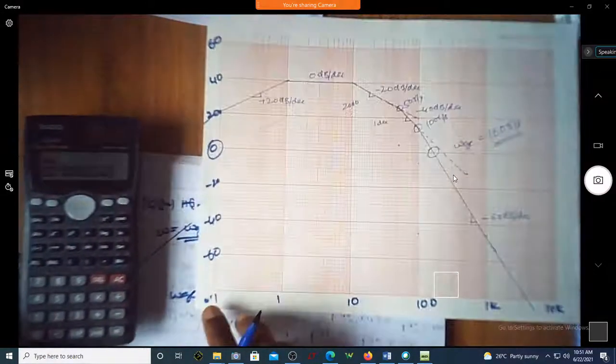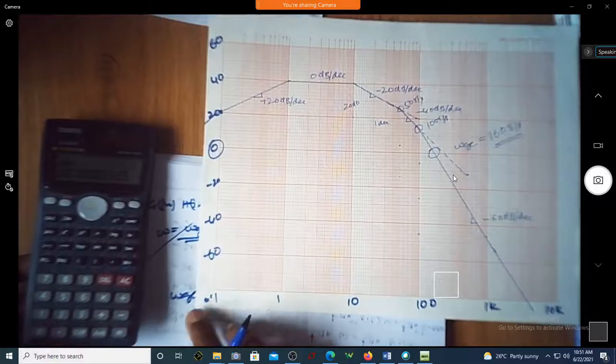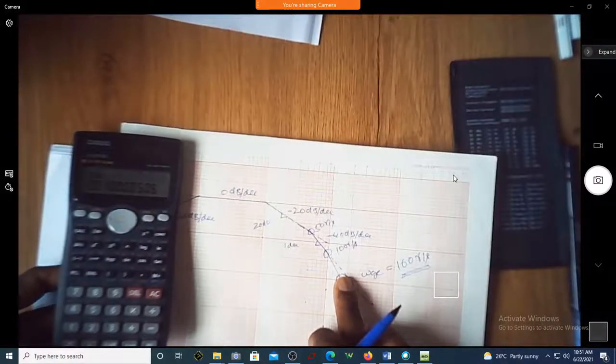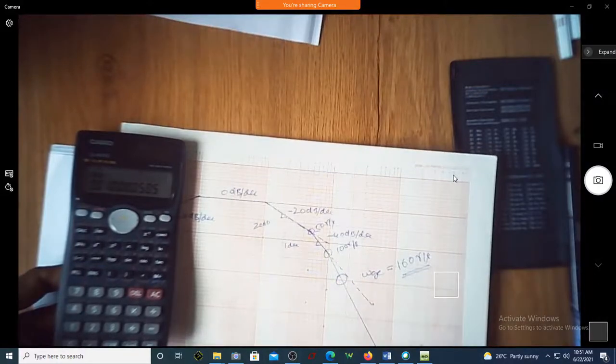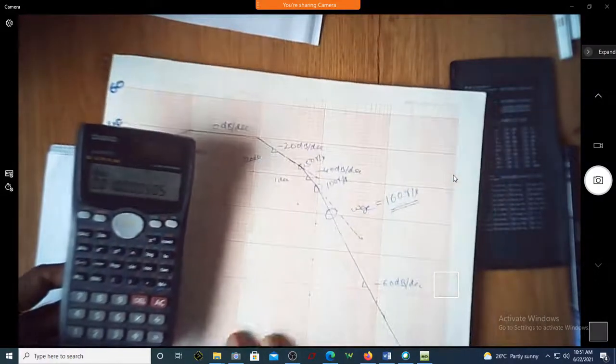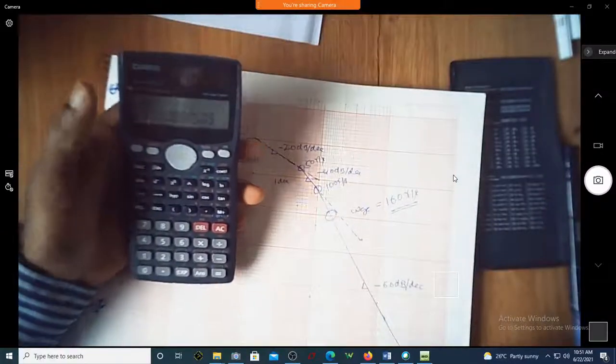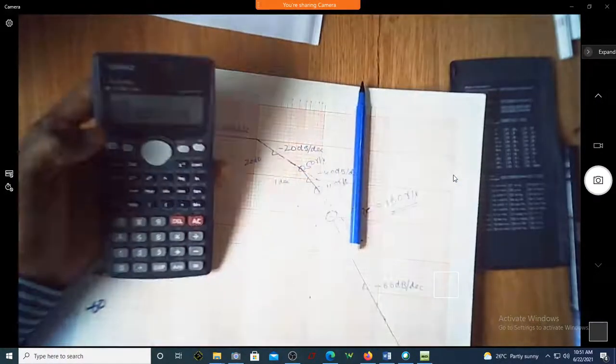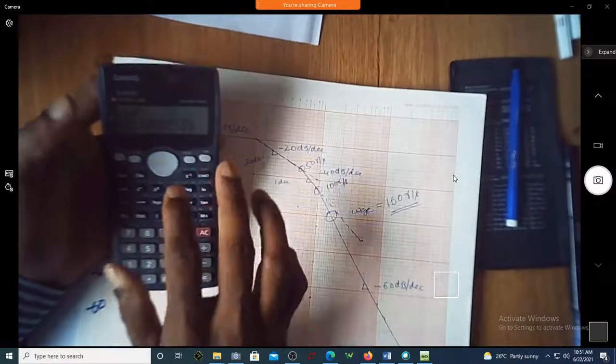Correct? This is 0.1, no? Yes, sir. At 0.01, it will again intersect. So you are looking at this point. Am I correct? Yes, sir. Okay. What shall I do now? So how do we find that? So what I'll do now is